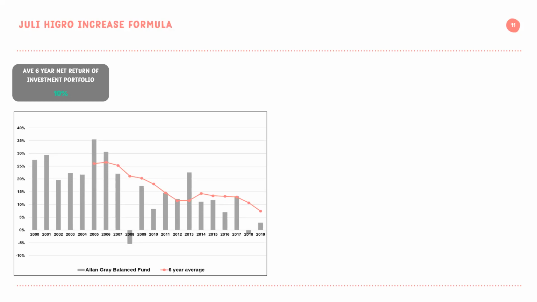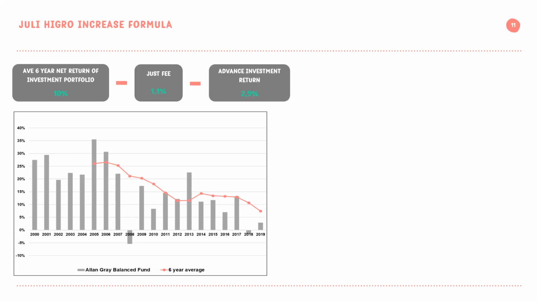What we do in our product is we smooth out the market volatility of a multi-asset class balanced portfolio by taking a 6-year average. Each year we'll drop off a year and add a new year, and it's a straight average, so equal weight to each year. Add up the 6 years, divide by 6, and that's your first starting point in the formula. In this example, I'm assuming that the portfolio will deliver CPI plus 4, which means if I assume CPI is 6, plus 4 is 10.